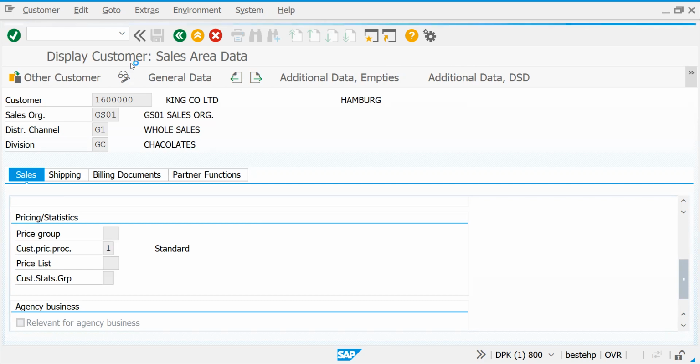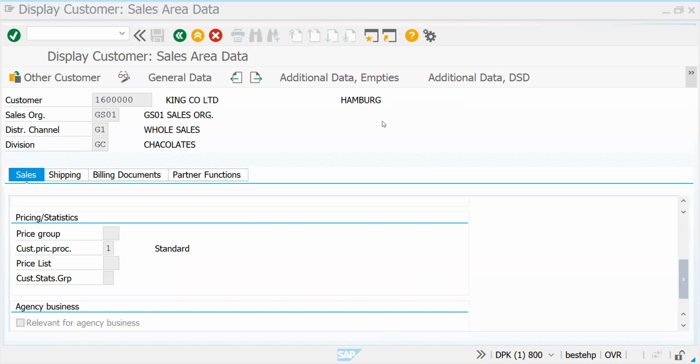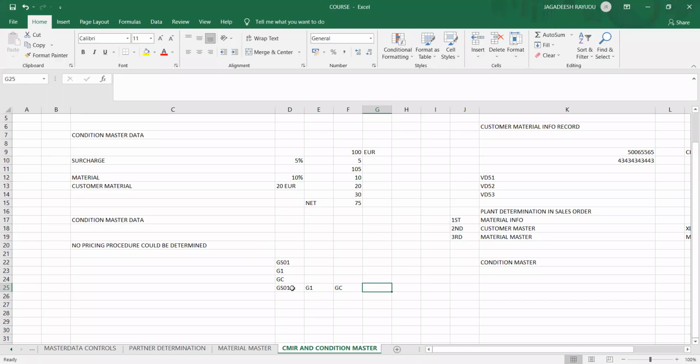It's a bit slow. In the meanwhile, I will show you Excel. For now, blindly remember this: your sales area plus your customer pricing procedure is always 1, and your document pricing procedure A, and you have to assign this pricing procedure.